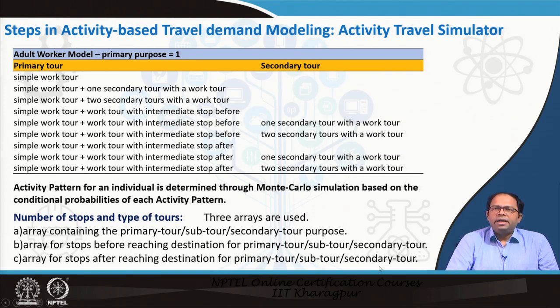So we are generating a tour, we have a primary destination, and then there could be a secondary destination, and in between the journey we can also choose different stops. This choice of stops, and which pattern or tour he will choose, is determined based on different utilities, based on observed data for different kinds of individuals. Each individual does different kinds of tours, and we need to store this data for further processing.